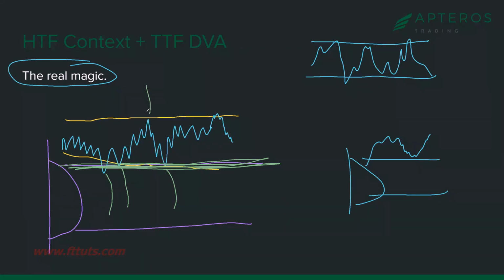What about these shorts, right? We could fade upper extremes, right? We're rotational. Can I short the upper extremes? Well, what would that person be doing? That person would be looking to trade purely based off of developing value and ignoring the fact that the narrative is bullish. Let's look at some real examples.